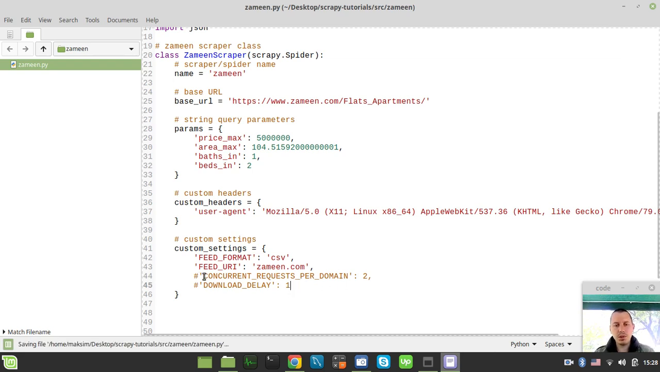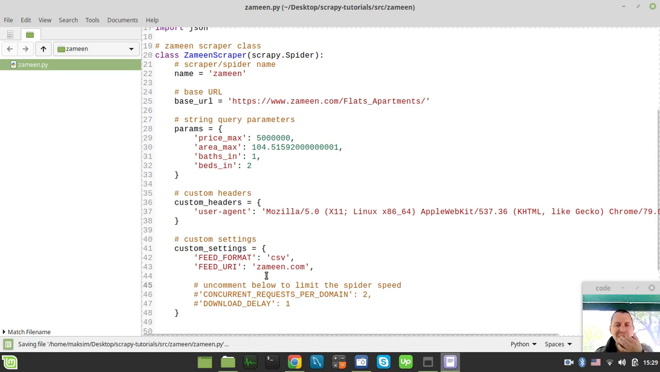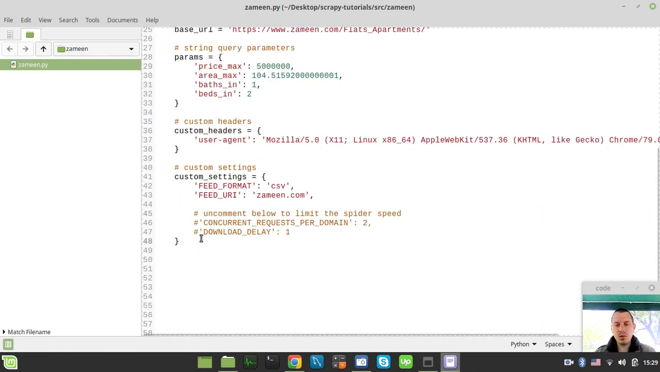That's kind of it. So here I can say like, uncomment below to increase the limit of the spider speed and productivity respectively. So before we define this crawler's entry point, I just want to provide the main driver here. So I say if name equals